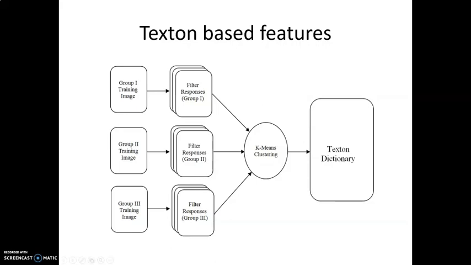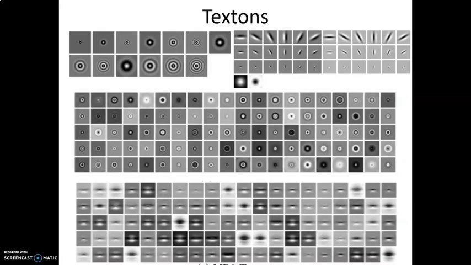Now, what happens when we have a dictionary? So, for example, this is a dictionary that we have generated. Let's say that we have this type of filter bank. These are two different filter banks. This is a filter bank that is composed of filters which are symmetric, and once we filter all the training images with these filters, these are the responses that we are going to obtain. But let's say that we have a filter bank having different filters and these are the shapes. We know that these are not isotropic. These are directional filters basically.